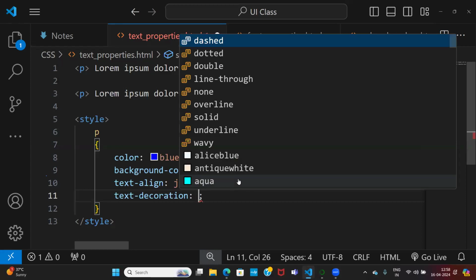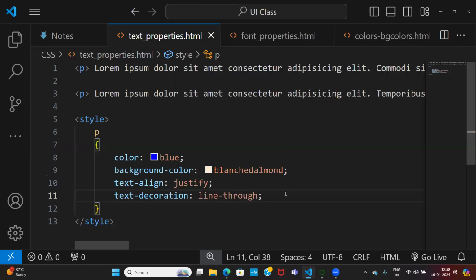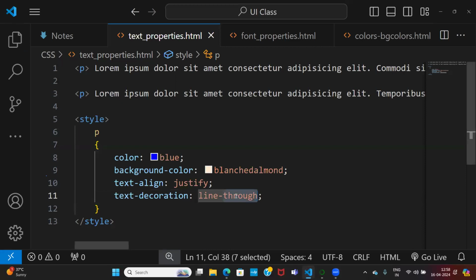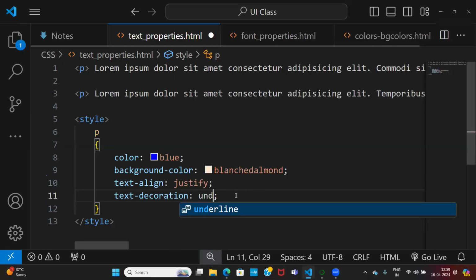Text decoration. So you will be having underline. Can I go with the line through? When I say line through, what is going to happen? On top of the text, one straight line will come. When I say underline,